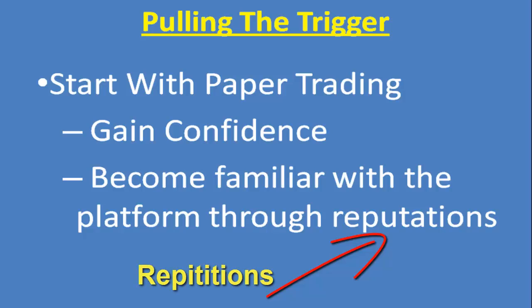What that's going to do is you'll start becoming more familiar with the language and how the platform works and how to implement the trades. You'll get in a rhythm. So start doing that. Start paper trading. Open up those accounts. Somewhere in the video or in the previous videos, you'll find the links to Options Express or